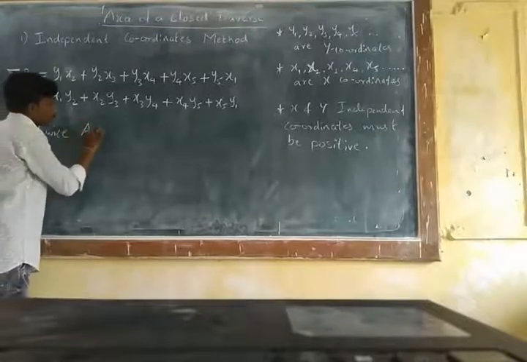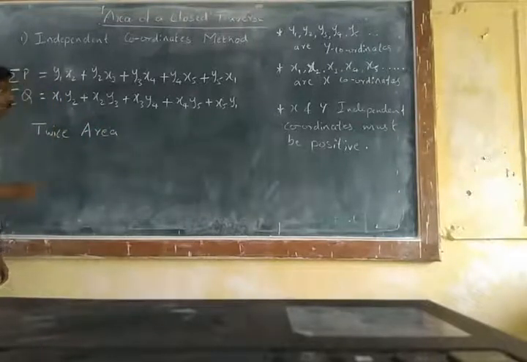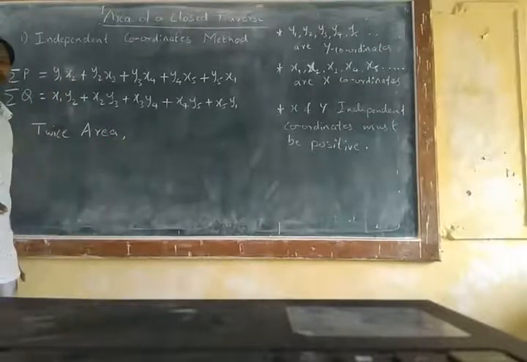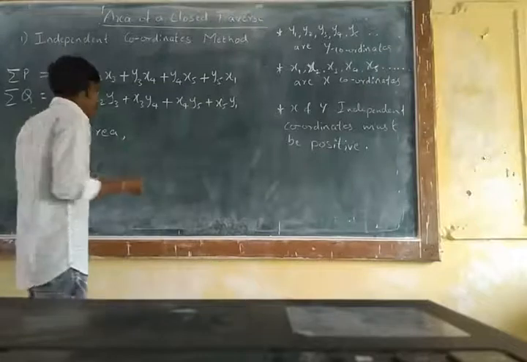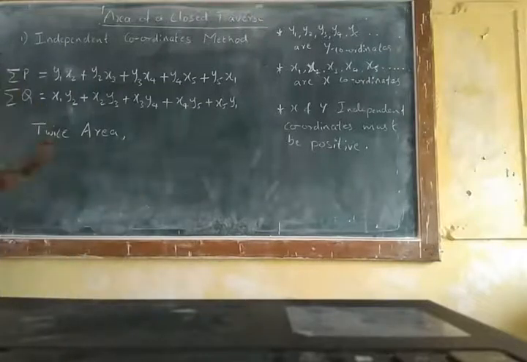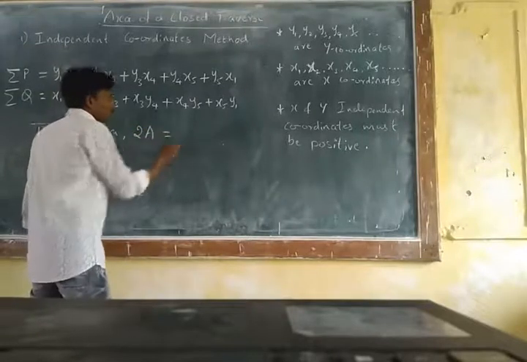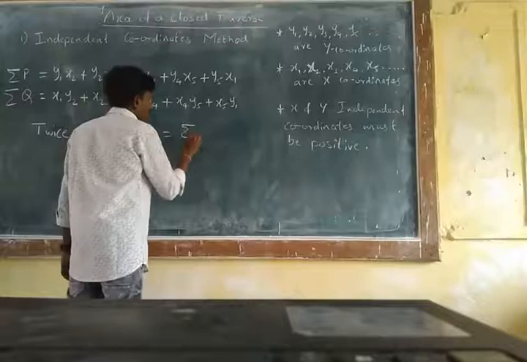Twice area, which means 2 times of area, that is the area can be denoted by the letter capital A. Now here it is twice area, which means 2 times of area. So write 2A is equal to